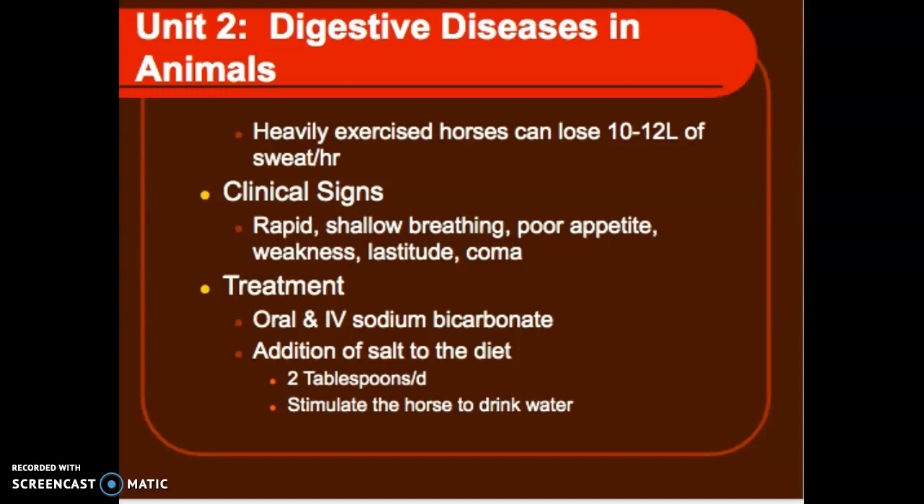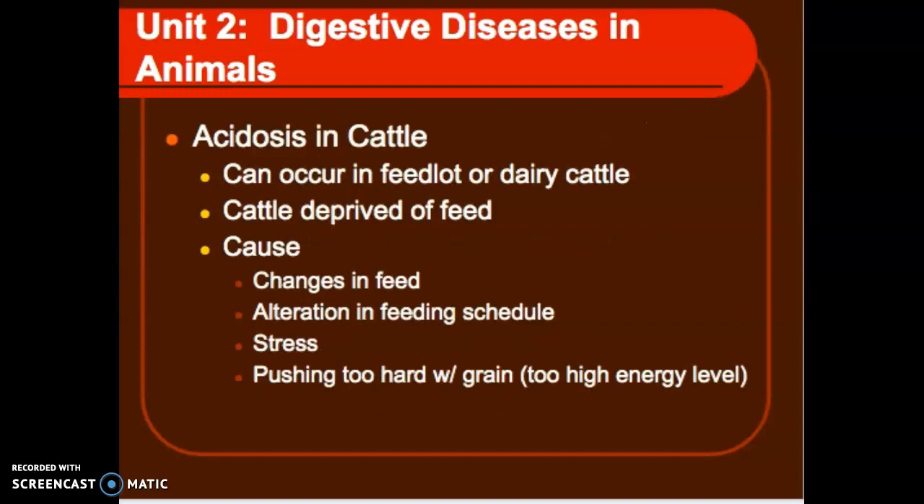Horses need a lot of salt, and they oftentimes will consume it very readily as a condiment. Keeping a salt block in the stall or near the barn or in the pasture would be a great way to help prevent this. More commonly, if we move on and talk about acidosis in cattle, which is where you find it much, much more often,